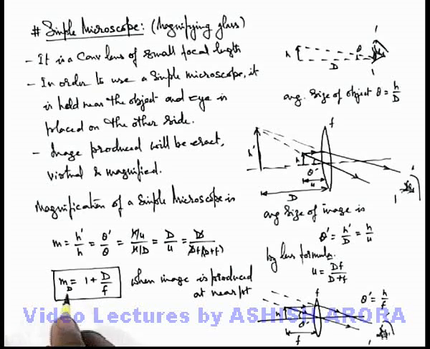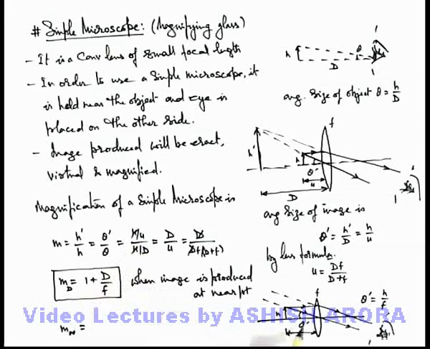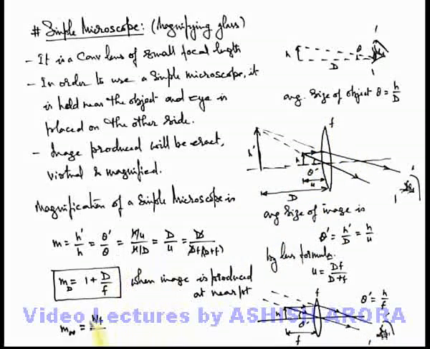So if we find the magnification, this is the magnification when the image is produced at the near point, so this can be written as m d. And if we find the magnification when the image is obtained at infinity, it is written as m infinity. And here again it is theta prime by theta. The value of theta prime we can write as h by f, and the value of theta we have already seen, the angular size of the object, is h by d. And the magnification we get here is d by f.